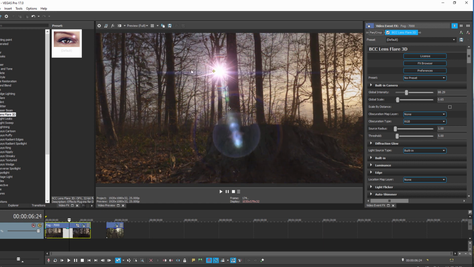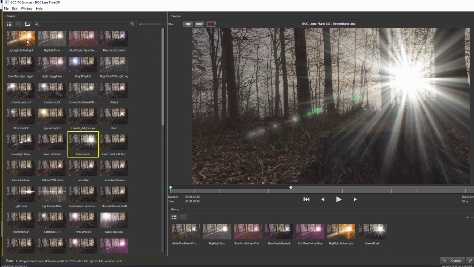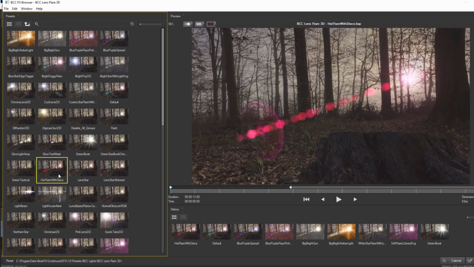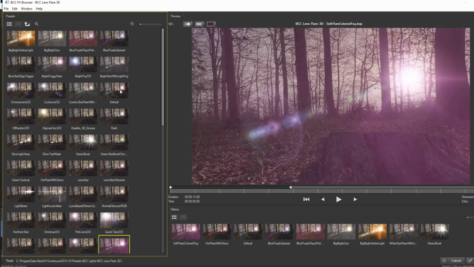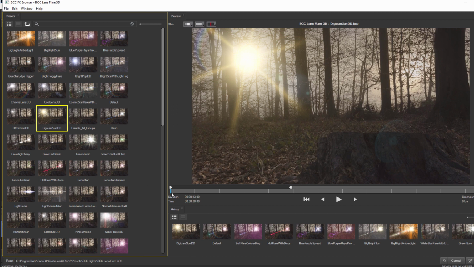Now, before we get into recreating the shot from a moment ago, I want to take a moment to show you how this works. First off, I'm going to use the FX browser to select a preset. If you're not familiar with the FX browser, this is where I can choose from dozens of professionally designed presets, each of which is fully customizable. In terms of what preset I want to select, it doesn't really matter for this example, but I'm going to choose this one because it's a pretty dynamic flare that I think will help show off just how powerful